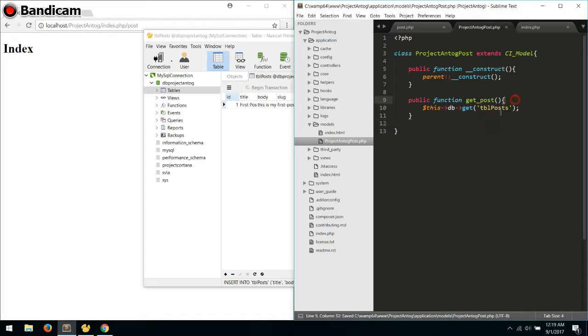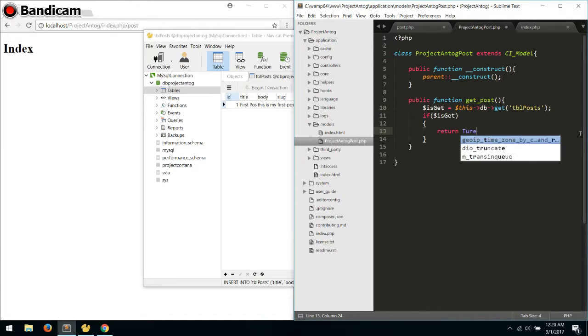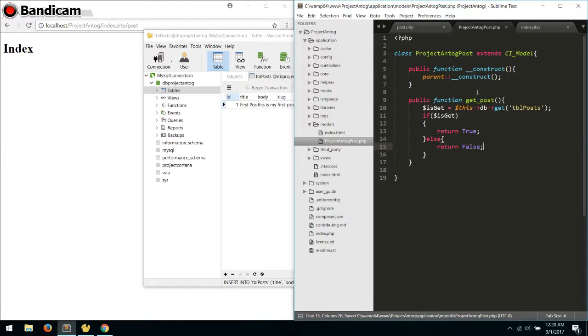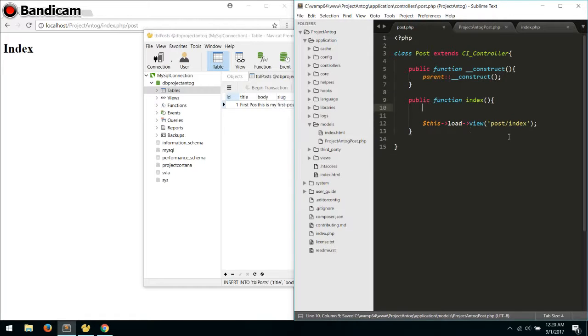So that's basically it. You can have something like get, and then if it is get, return true, else return false, something like that. So when you call it here, to call that,